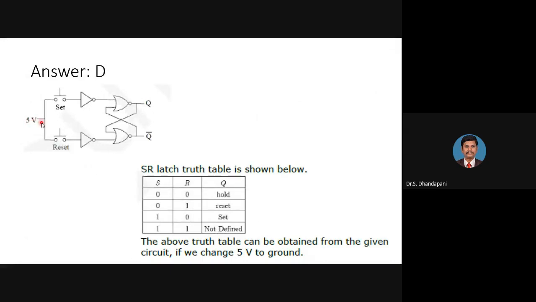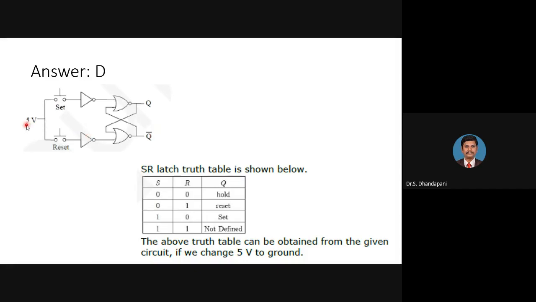When it is connected to ground, both S and R equal 0, 0, and there will not be any change in the output. We can say it is no change or hold.